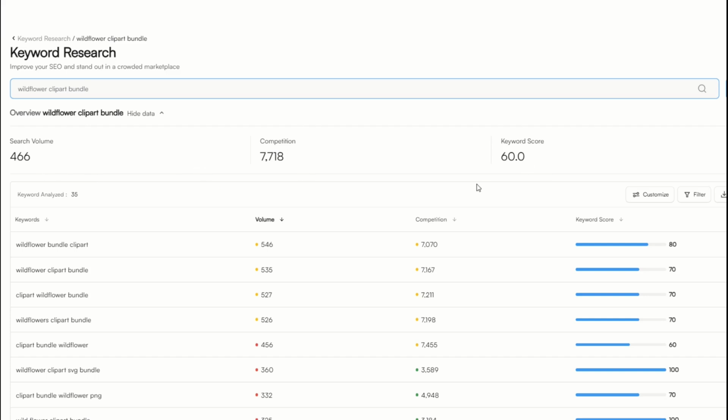That gets us a good keyword score. But check out down below. There's lots and lots of related keywords. And if you know anything about flowers or botany, you can really niche down into this in addition to just the word wildflower. Don't be afraid to include bundle in your listing, and obviously clip art is a good word as well. So the combination of these you can play around with and you can find some pretty good keyword